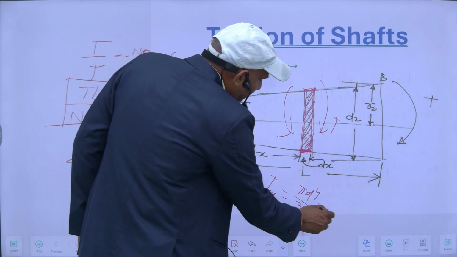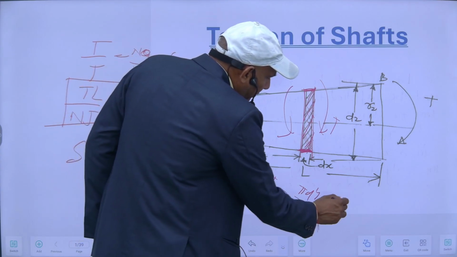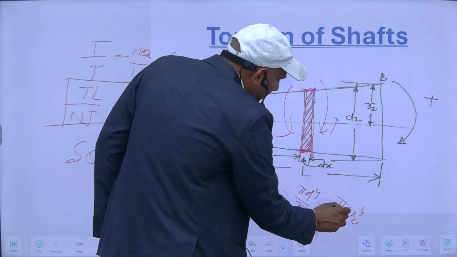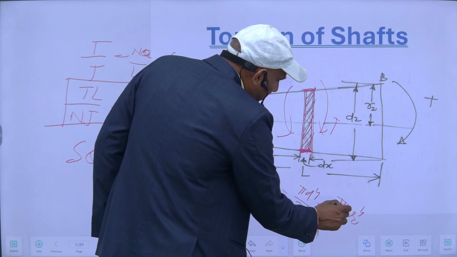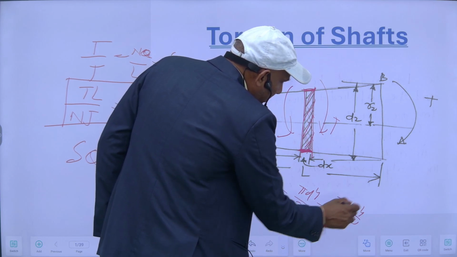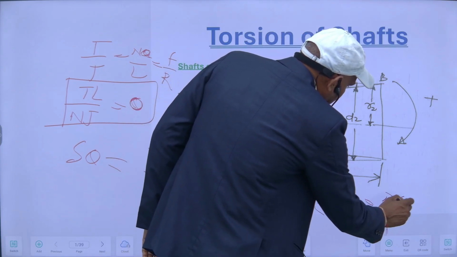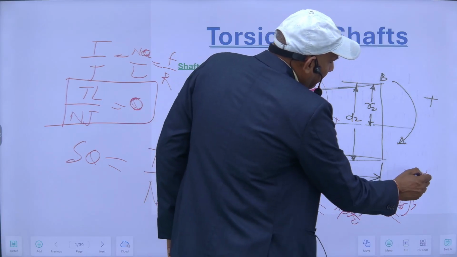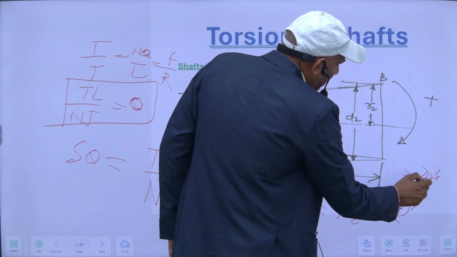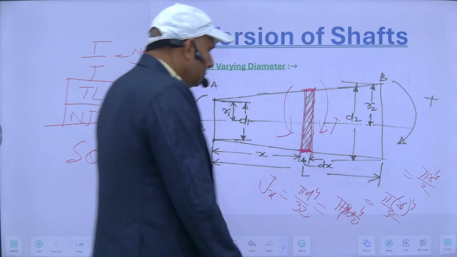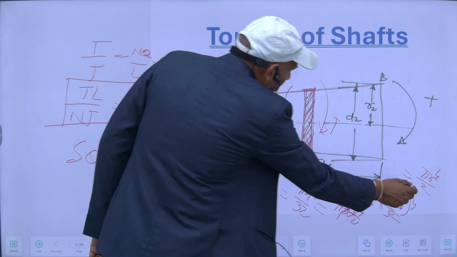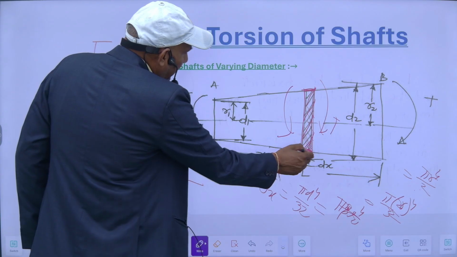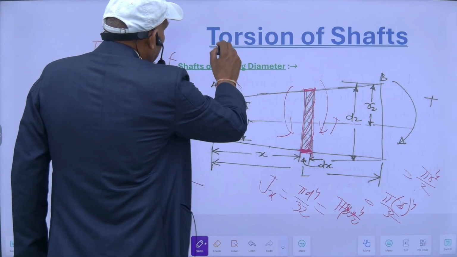Suppose if I write it in terms of radius, it will be pi into 2r raised to the power 4 upon 32. So it will become pi r raised to the power 4 upon 2. So this is my polar moment of inertia formula. So here this r is rx. So rx is equal to